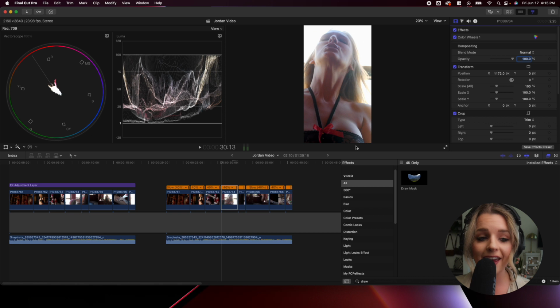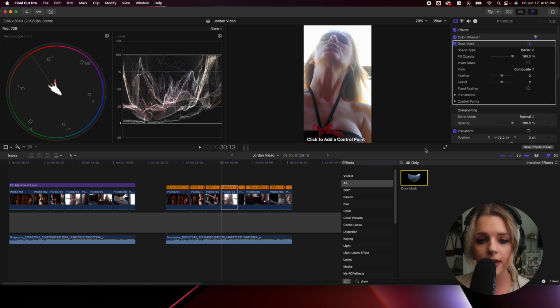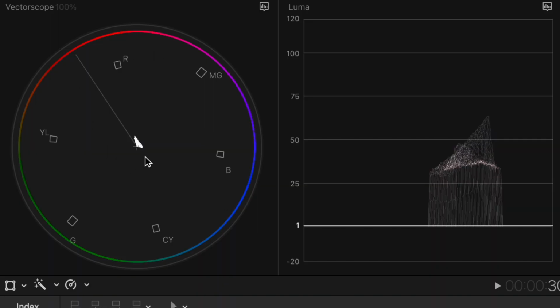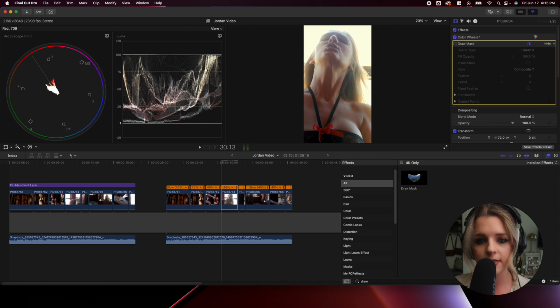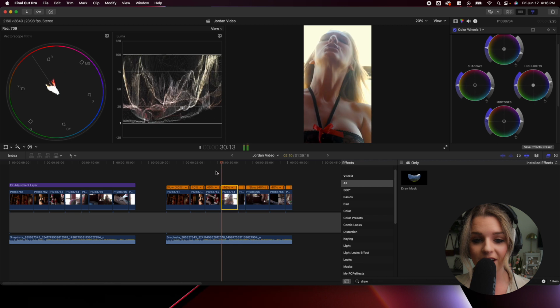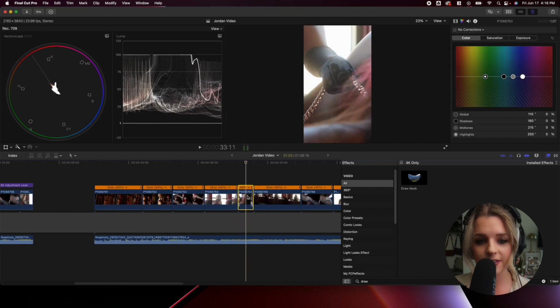Okay, so now I'm going to go ahead and check the skin tone to see if it is accurate. So I'm going to double click on this draw mask right here, and I am going to select a part of her skin where there is light spilling on it. So you can see in this vector scope here, it's more on the blue side. So what I'm going to do is I'm going to go to my color wheels and I'm going to go where temperature is and just slide that on over. So my skin tones are on this line right here. Okay, so now that we've done that, I'm going to go ahead and go back and uncheck this draw mask, and voila. So this is what I have. This is looking fantastic so far. I am loving it. So let's go ahead and move on to this clip right here.